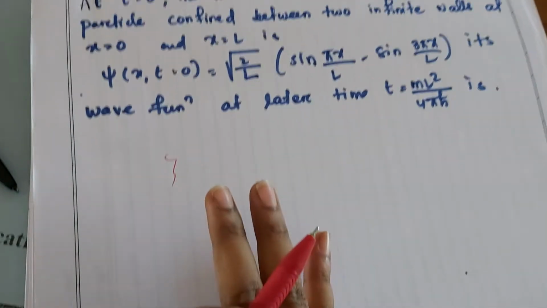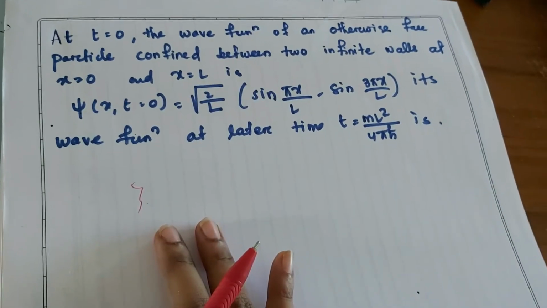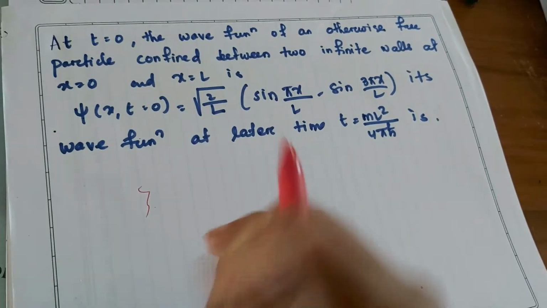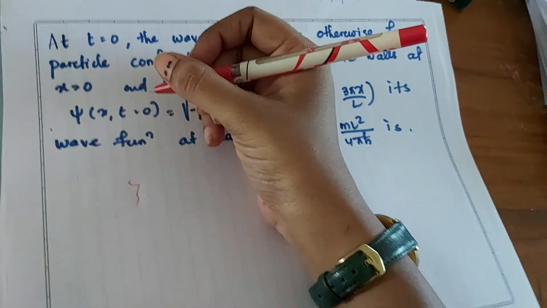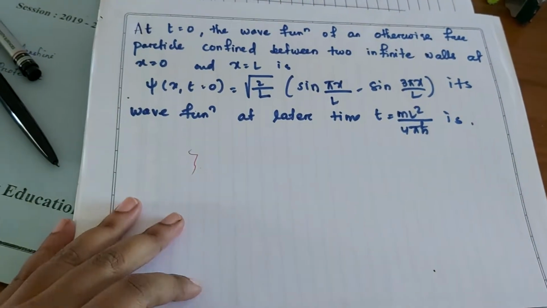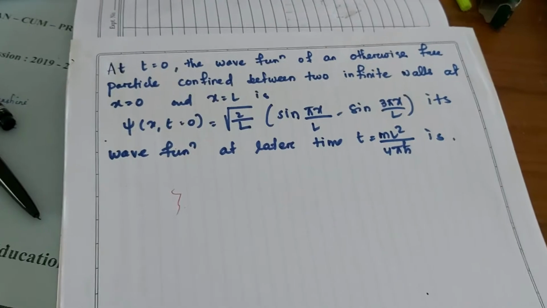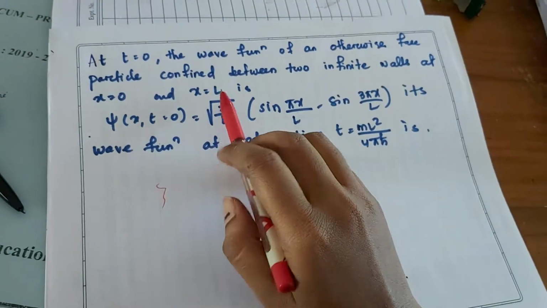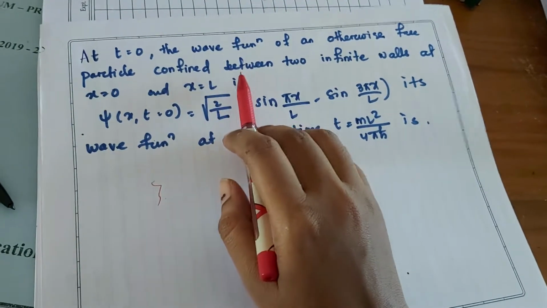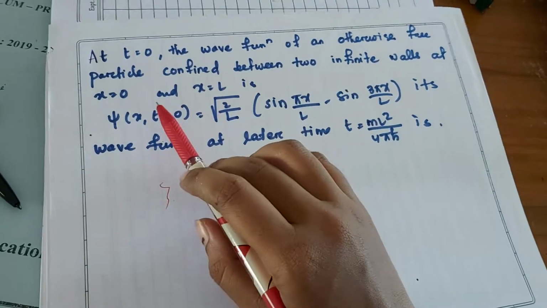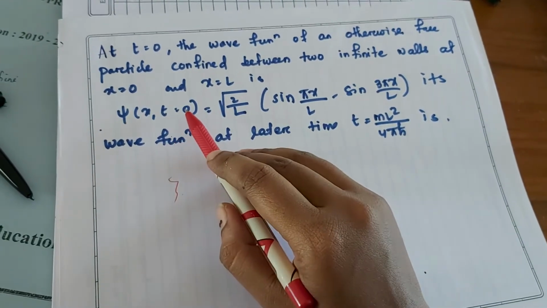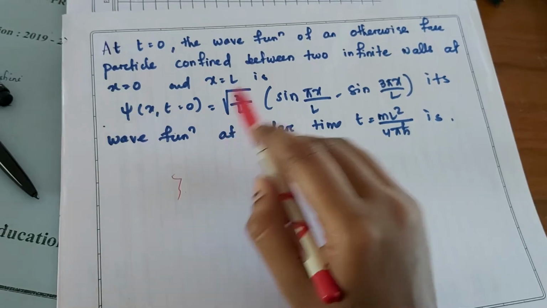So today we'll discuss one more question from the 2018 June CSIR physics paper. The question is from quantum mechanics, and it says that at t equal to 0, the wave function of an otherwise free particle confined between two infinite walls at x equal to 0 and x equal to L is psi(x, t=0) equal to root 2 by L sin(pi x by L)